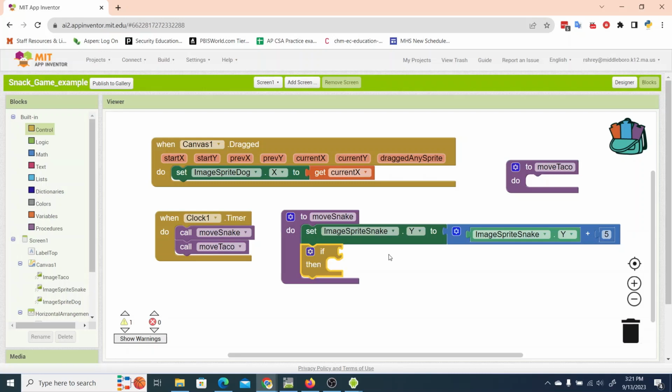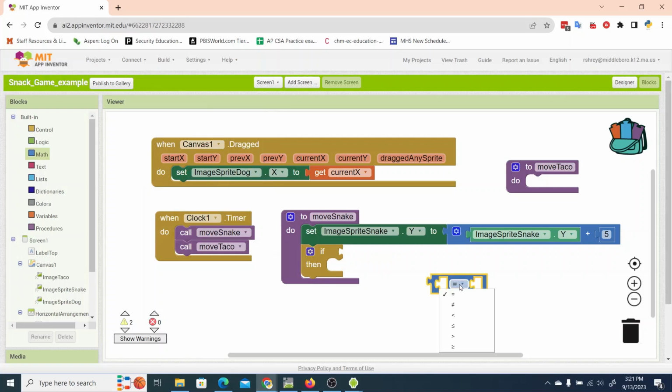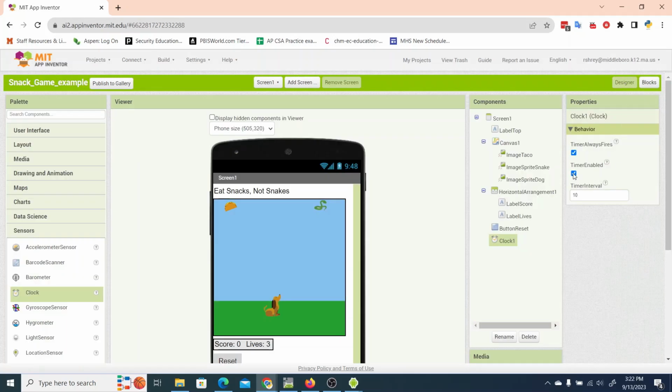If something is true, in this case, if the snake is on the bottom of the screen, then I want it to go back to the top. So I need to test if its y value has reached some point, which is actually going to be the bottom. So I need one of these with evaluations in it. I'm going to change this from equals to greater than. If the snake's y position is greater than